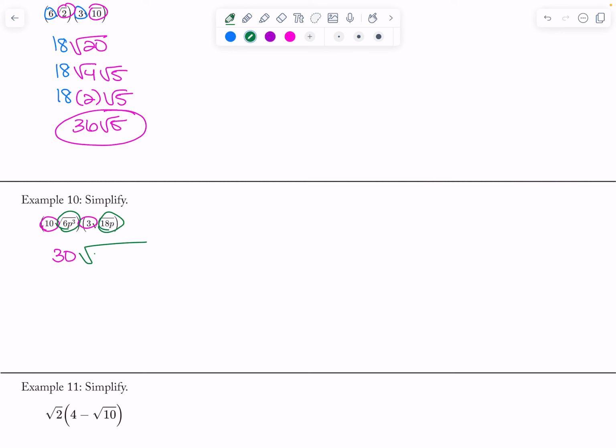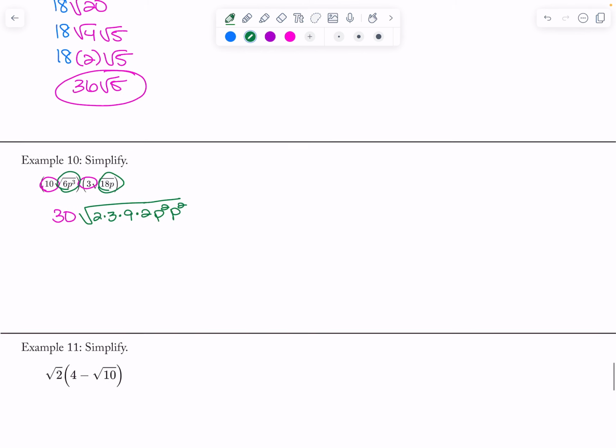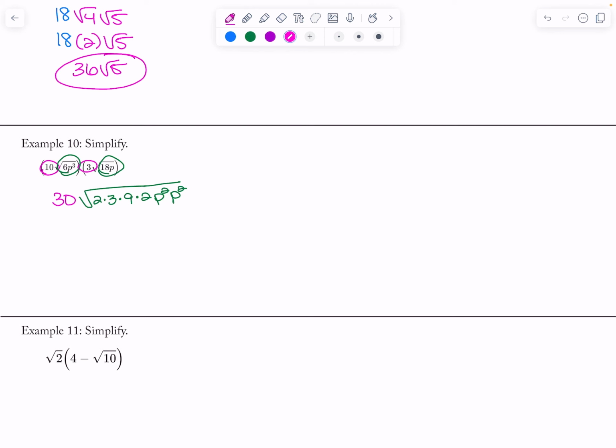I would have probably done 6 times 6 is 2 times 3, right? And 18 is 9 times 2, right? Because 9's a perfect square. And then my p's, I have 4 p's. So I have a p squared and a p squared. So I would have tried to break them down into perfect squares, because then what I